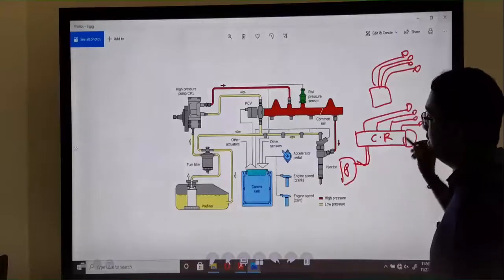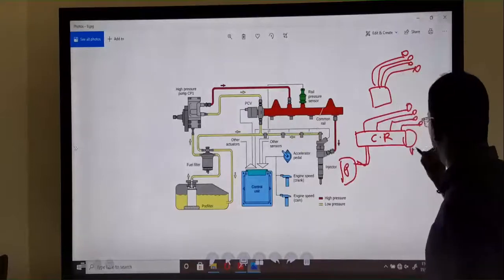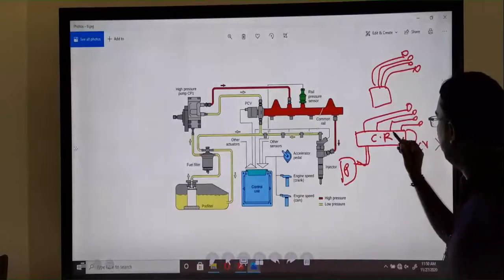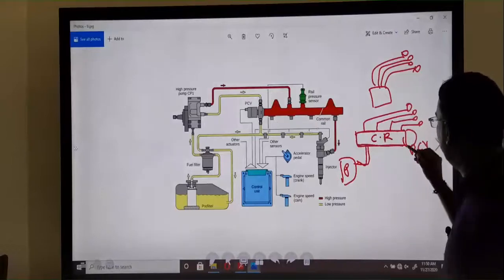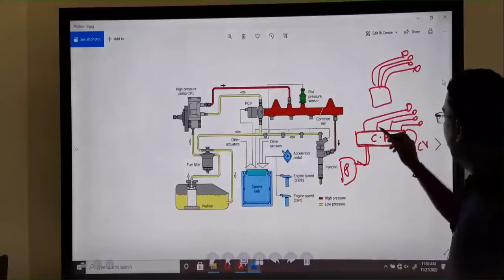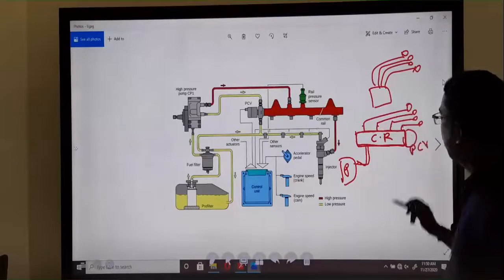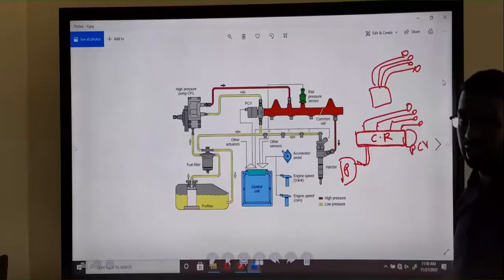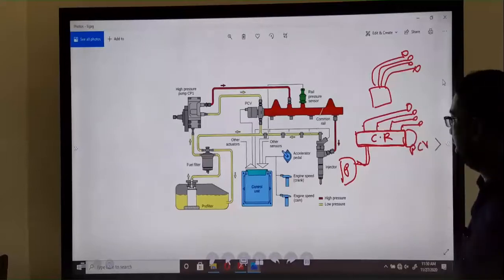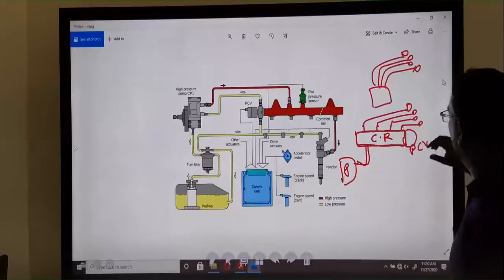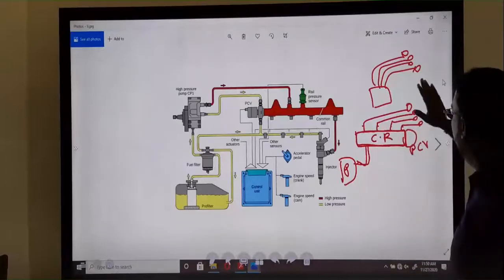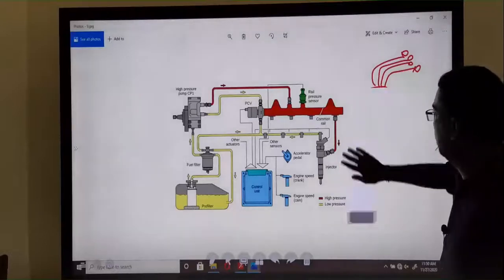On this side there is a PCV. PCV means pressure control valve. This PCV controls the pressure to this common rail, so that the 4 supply pressures are the same and at high pressure, with no pressure loss. That is the function of this PCV. That is called the common rail because there is a common rail used to supply the 4 injectors.